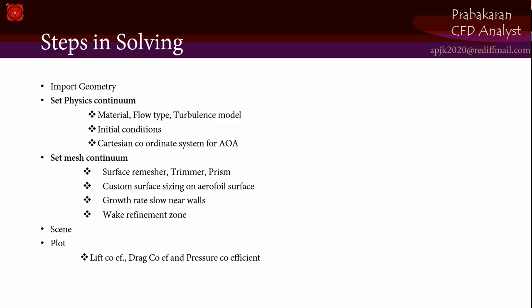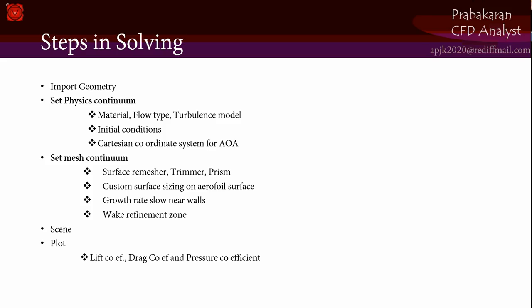Then we will set the physics continuum, that means we will set what the material is and what flow type is flowing, and if there is turbulence in the fluid flow, then what kind of turbulence model we have to use. I will be setting all that at this phase,